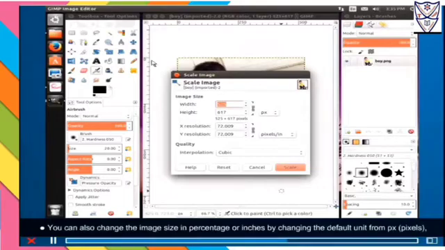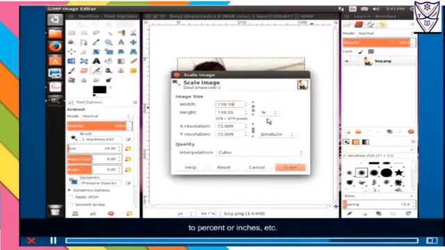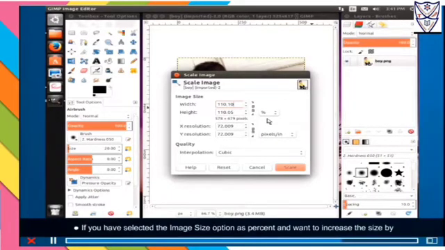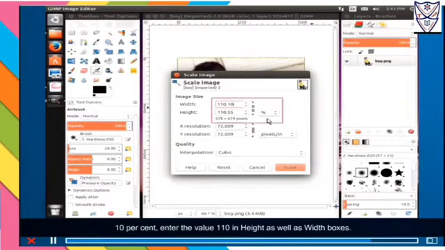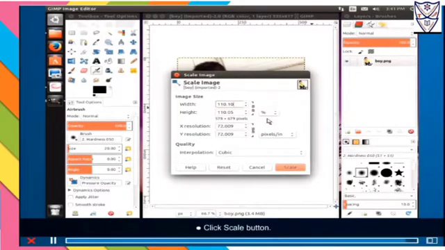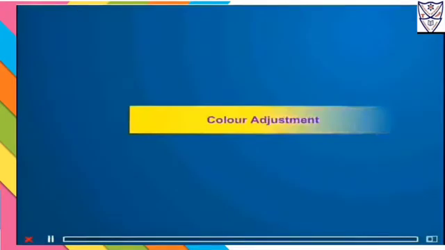You can also change the image size in percentage or inches by changing the default unit from px pixels to percent or inches, etc. If you have selected the image size option as percent and want to increase the size by 10%, enter the value 110 in height as well as width boxes. Click Scale button.